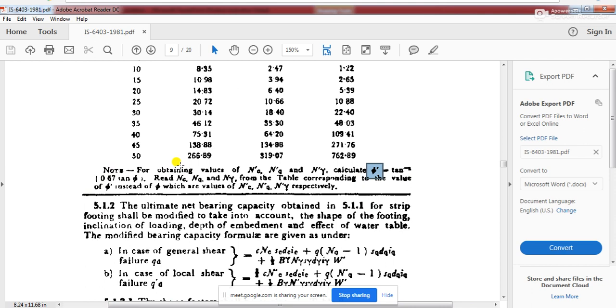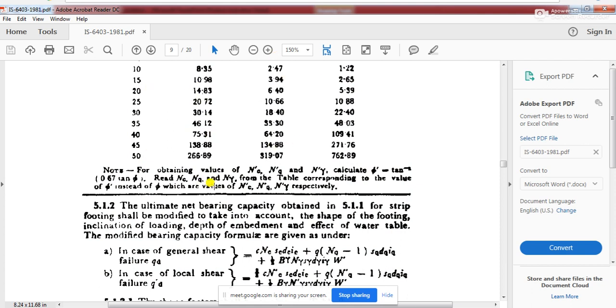So, 2 by 3 tan phi, and that is what we have said, right? So the Indian Standard Code follows exactly whatever we have discussed till now. Once you see a local shear failure problem, you decrease the value of phi by this formula. That means you find out the value of phi dash, and for that modified value of phi dash, you find out the values of NC, NQ, N gamma from this table